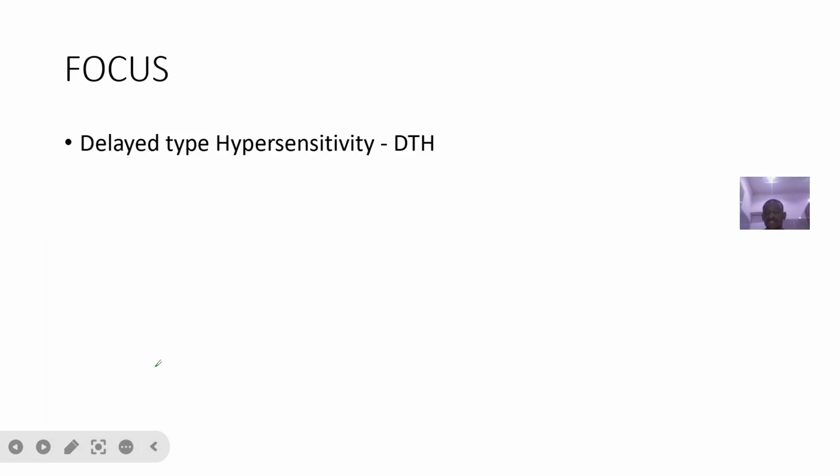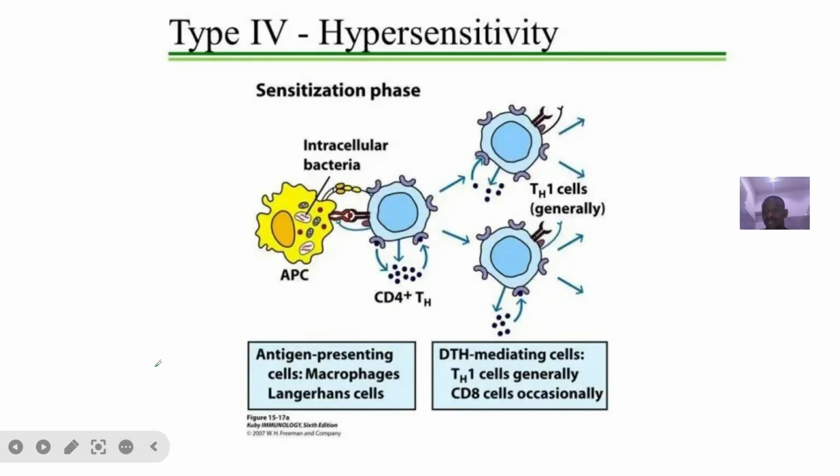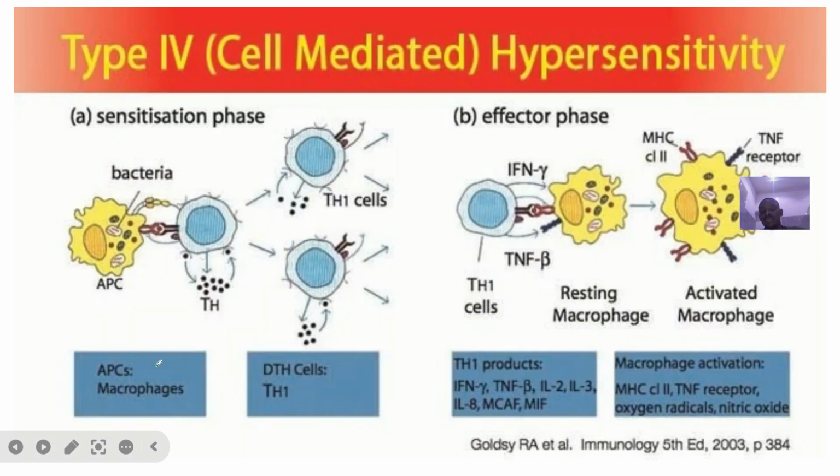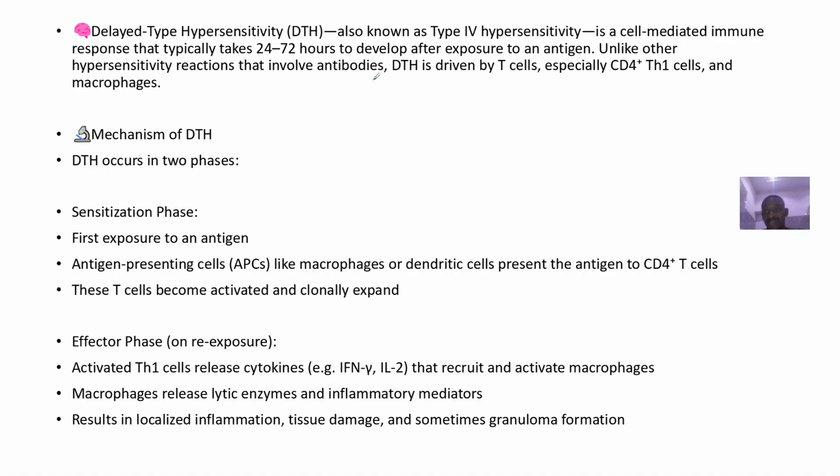you need to actually know that it is also known as type 4 hypersensitivity. So we said that the delayed type hypersensitivity is also known as type 4 hypersensitivity. It's a cell-mediated immune response. So it's delayed because what? It takes a longer time for actions to come in. It takes about 24 hours, that's 1 day, to 72 hours, that's 3 days,